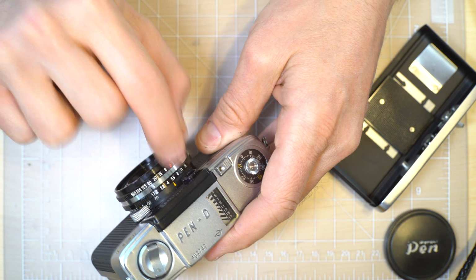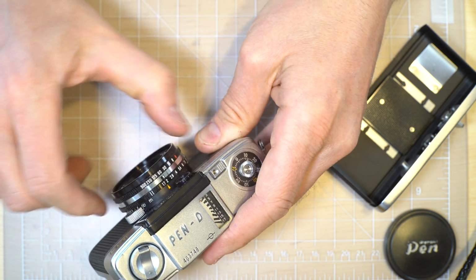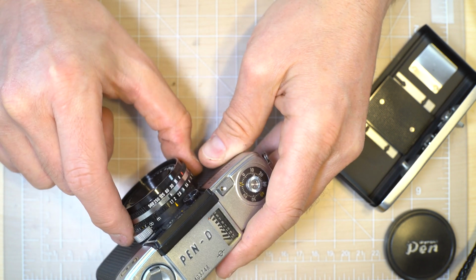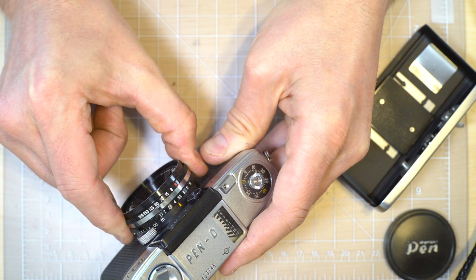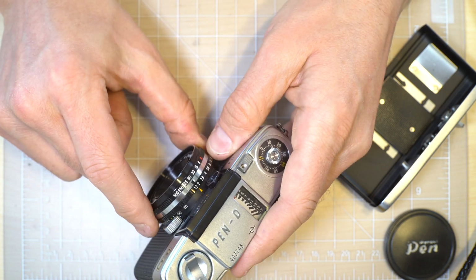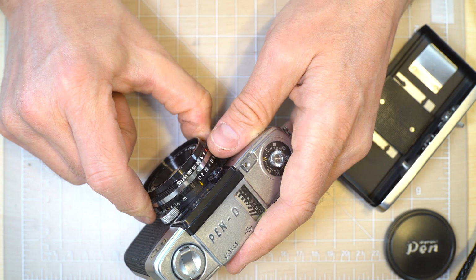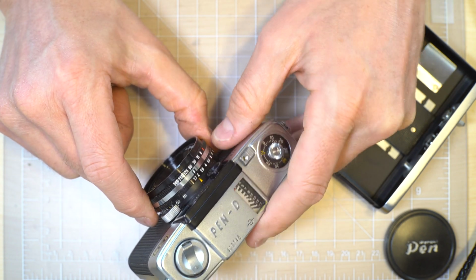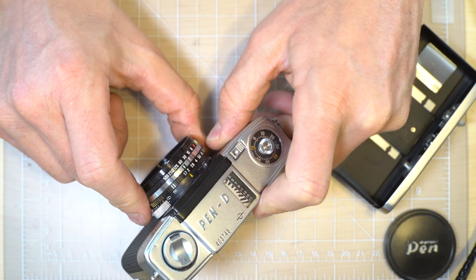So 1/8 of a second and f5.6 will work. So will f2 and 1/60th of a second. And we know that because it still says 9. So once you get the number dialed in, what you do is grab both rings and adjust them at the same time. That will keep your exposure dialed in properly and allow you to pick all of the different shutter speed and aperture combinations that you can access with the given lighting conditions and the film that you have installed